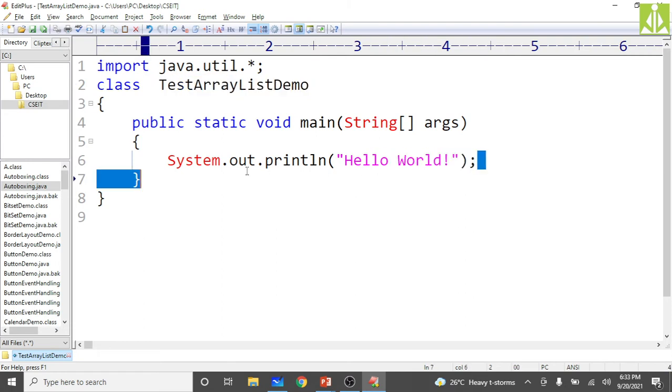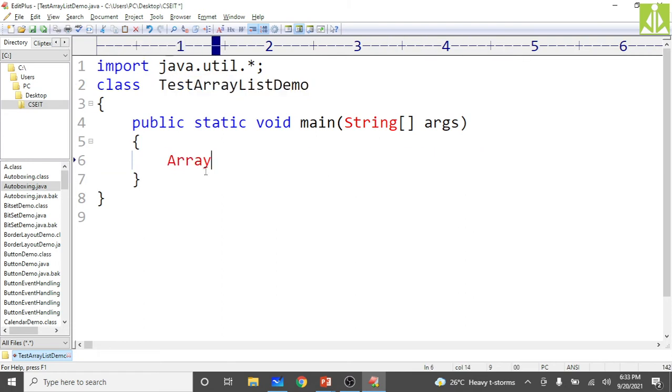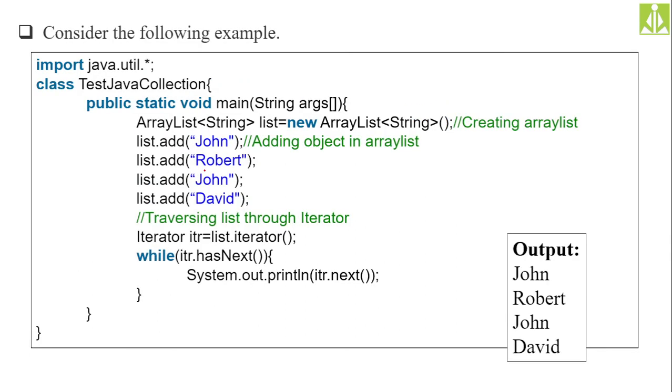Next thing I have to do, inside my PSVM, is create the ArrayList object. When you are creating the ArrayList, at that time only you have to specify what type of elements you want to store into that collection. That we put between angular brackets. Between angular brackets you put the type of elements that you want to store inside that ArrayList.